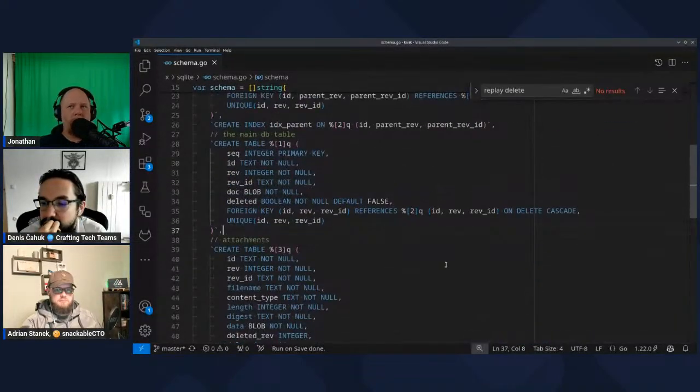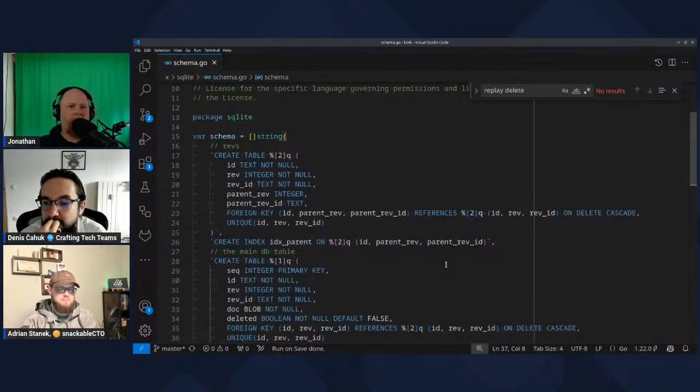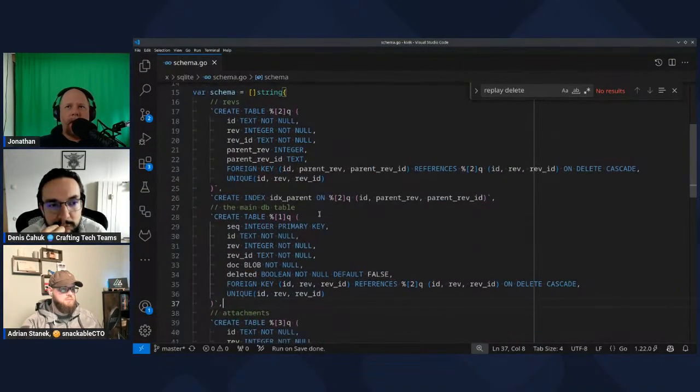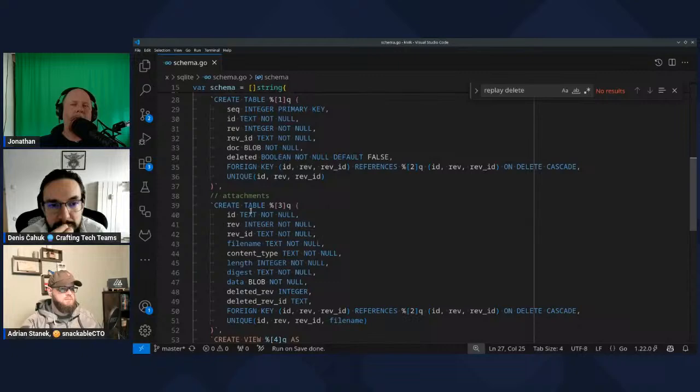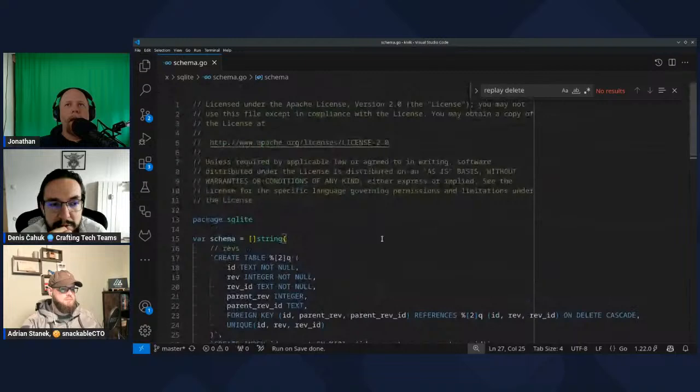There's the revisions table, which tracks different revisions of each document, kind of like revisions in Git. And then you have the table that contains the actual data, or sort of like the files in Git, and then attachments, which we may or may not get into, but you can attach arbitrary files to a document as well in CouchDB. Like an image. An image, yeah. Text files, CSV files, whatever, anything you want.